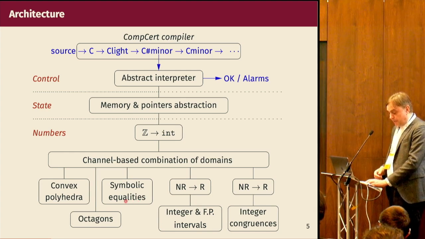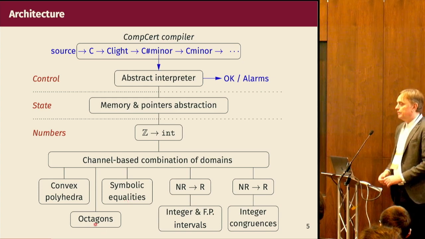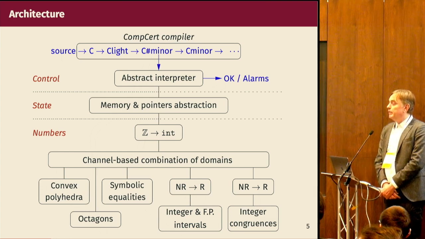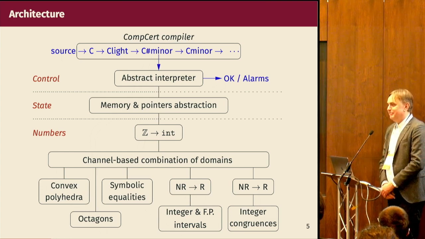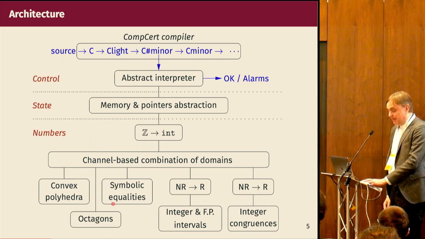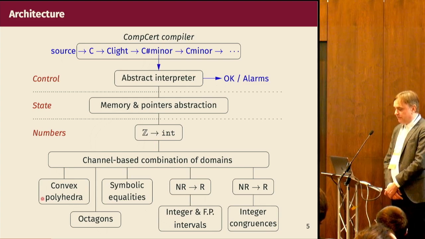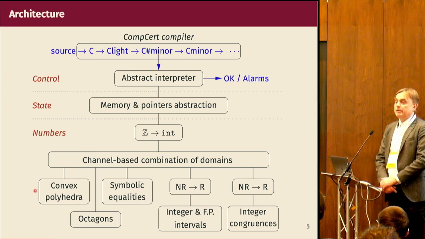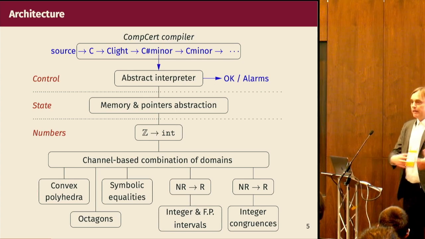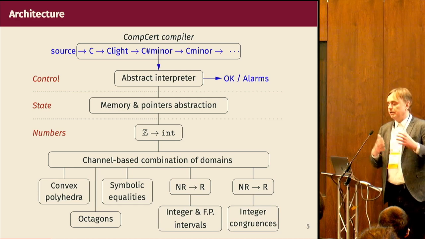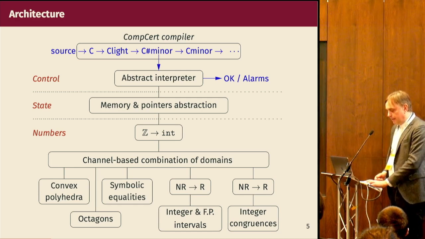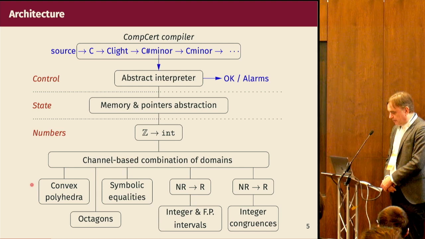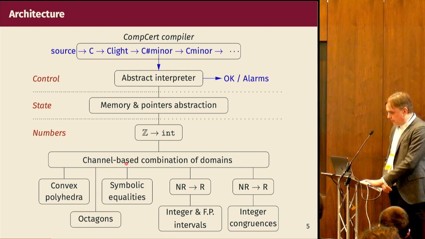And then we also have some relational domains, like the domain of octagons, implemented by Jacques-Henri Jourdan and proved correct from scratch and without matrices, which is quite an achievement. There's the domain of symbolic equalities, and then there's the domain of convex polyhedra, with linear equalities, that was developed at Verimag, and it's the only one that uses validation a posteriori. So there's an oracle that does a lot of operations and produces Farkas certificates, and those are checked by a verified checker. Okay, and I think I mentioned all the boxes.